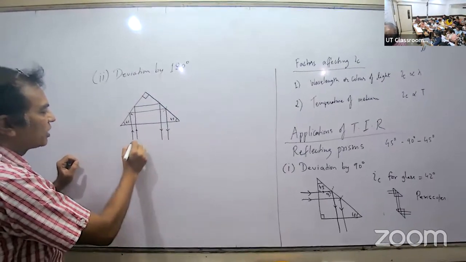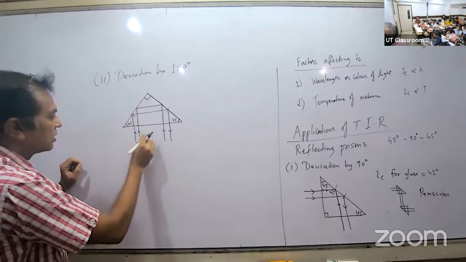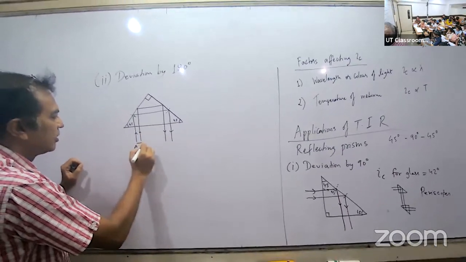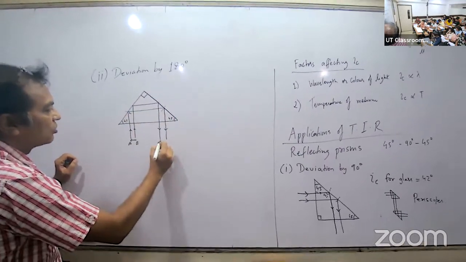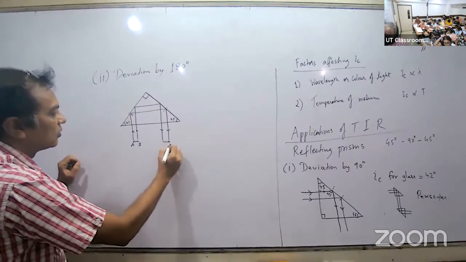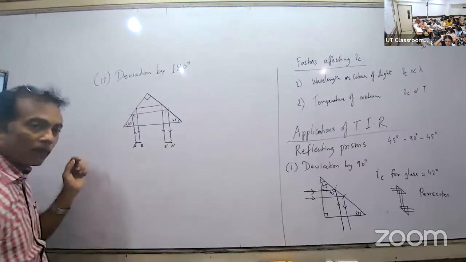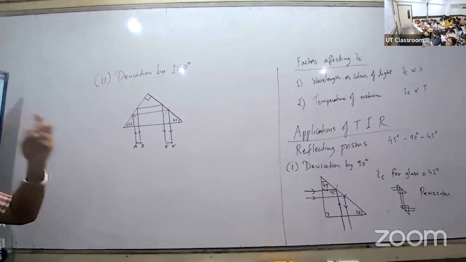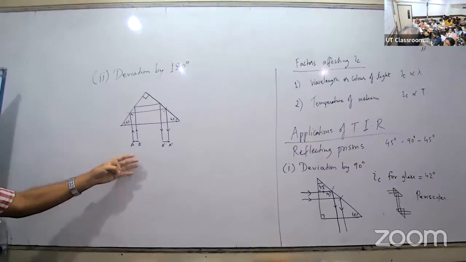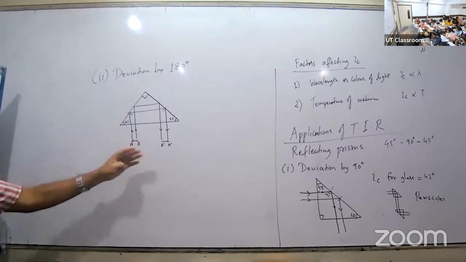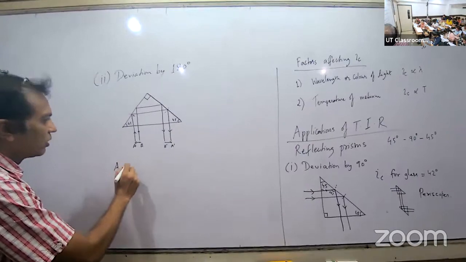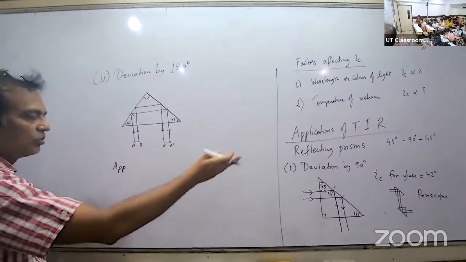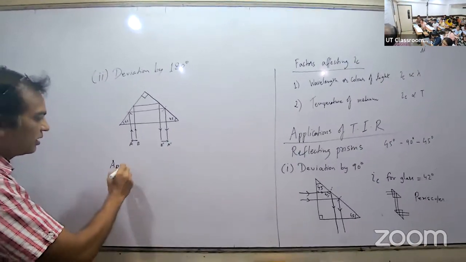So if you had any object in this position, say AB, where is A coming? It is coming here. So it will be inverted, right? A dash, B dash. So it is used in camera, binocular to invert the image. Where is its application? Camera. You don't need to go for the ray diagram of it. Just understand application in